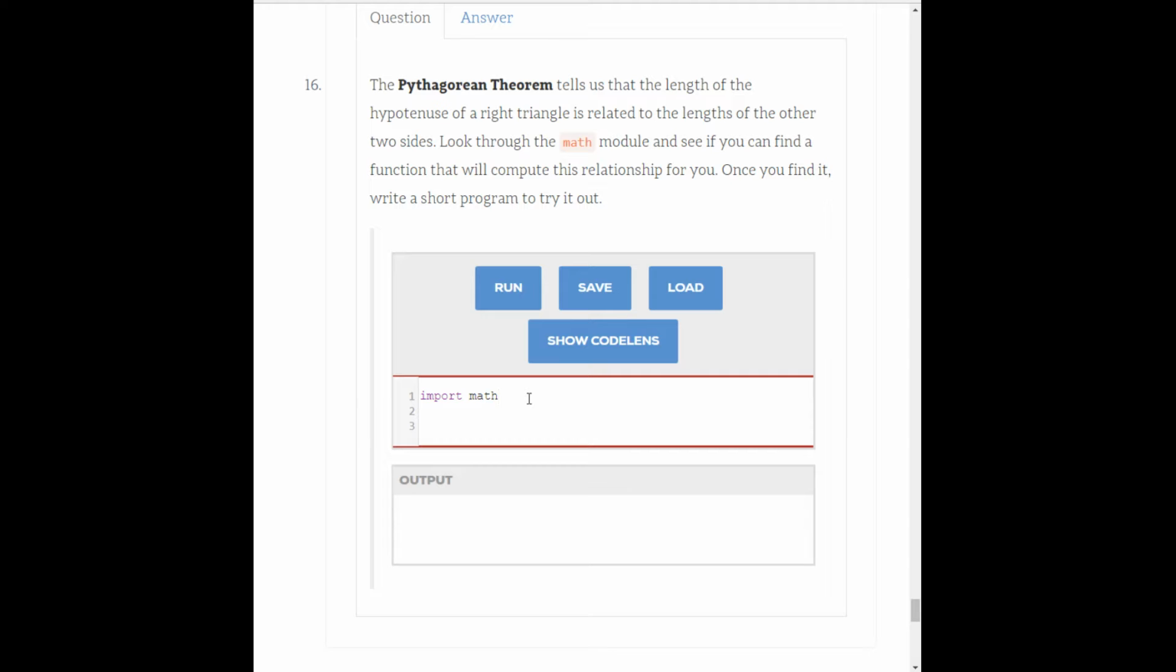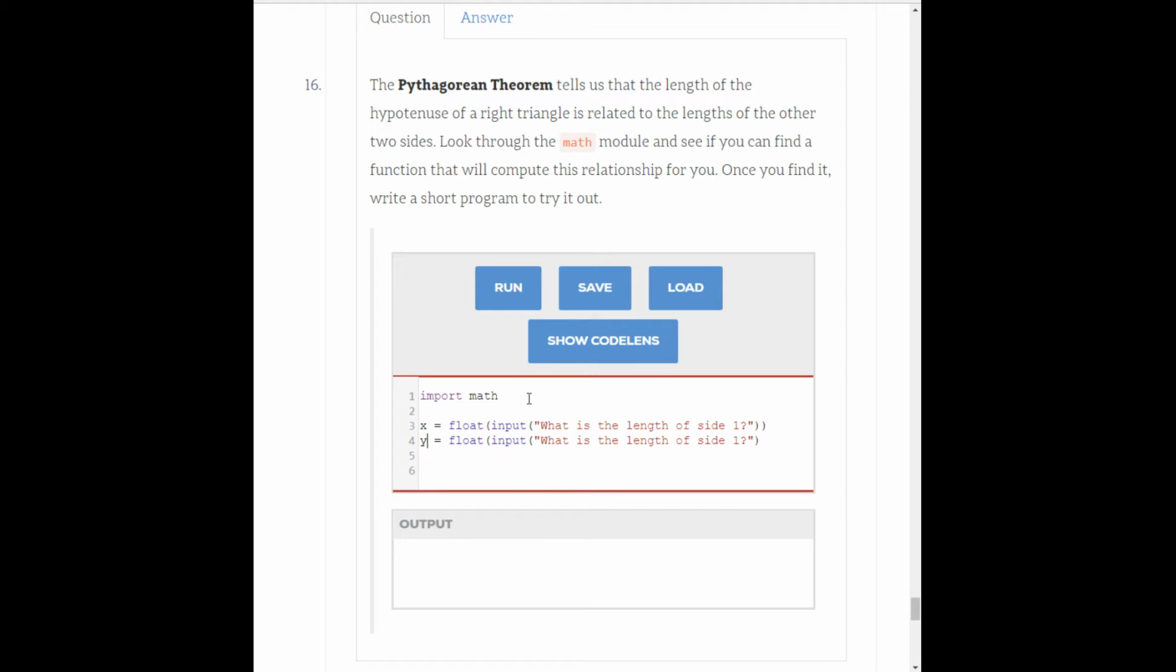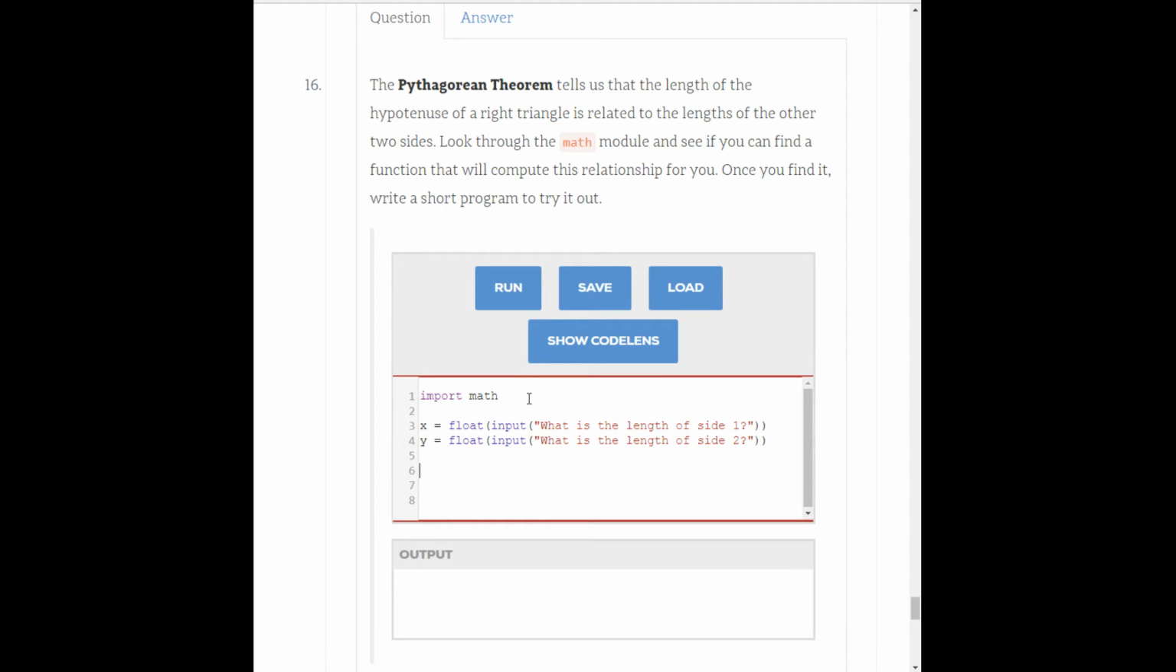Let's import the math module, and then go ahead and we'll ask the user for the x and say x equals input, and we could do int as well. Let's go ahead and cast it as a float. The float input, and ask the user for what is the length of side 1. And we'll do the same for y. We will ask the user for y, what is the length of side 2, and then we will go